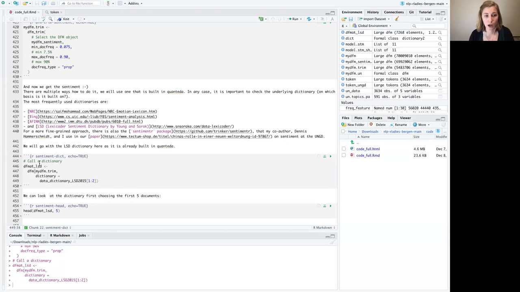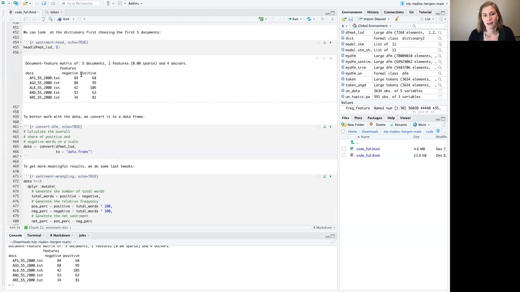Okay, so now we generated the DFM and we're going to have a look at it. And it's pretty much the thing that we just saw on the slides. In the next step, what we already did before, we convert the DFM to a data frame to be able to plot it, because like that, it doesn't really tell us that much. What I did, for example, for a project that I had with a friend where we used sentiment R in sentiment analysis,